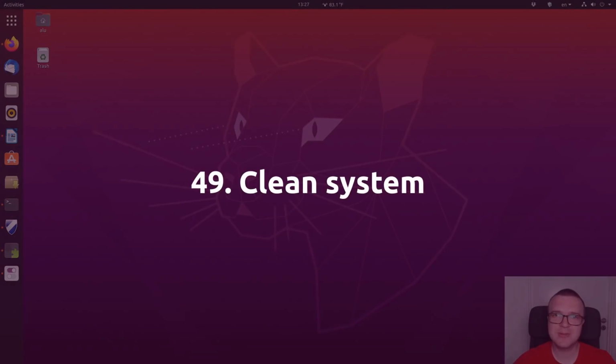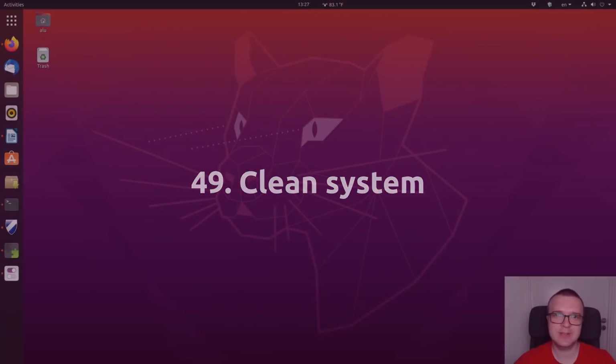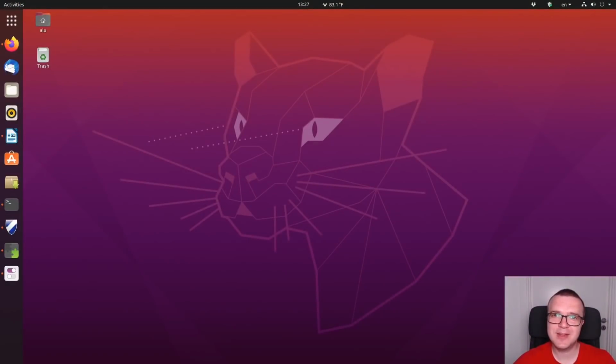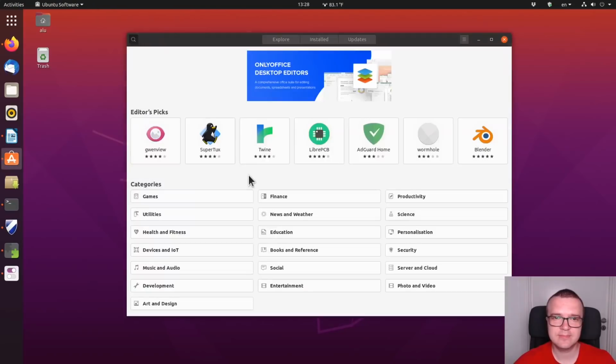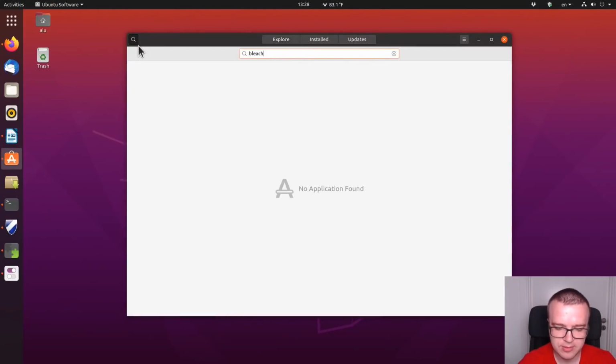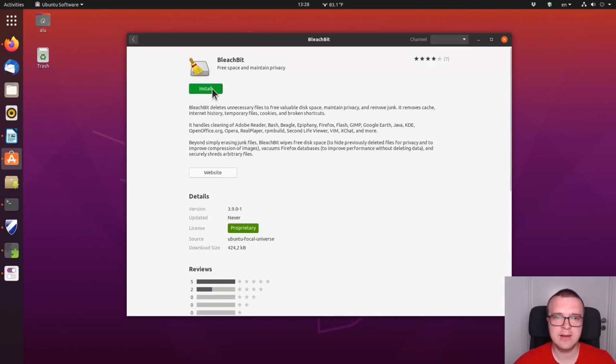So we are approaching the end of this list of things to do after installing Ubuntu, and after you have installed everything and configured your system, you may want to clean your Ubuntu system. So in my previous things to do after installing Ubuntu, I recommended to install the program which is called BleachBit. It is available in the Software Center. You just search for BleachBit and install it. But in this video I would like to show you a little different program which is called